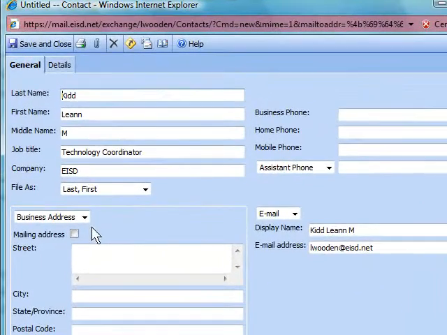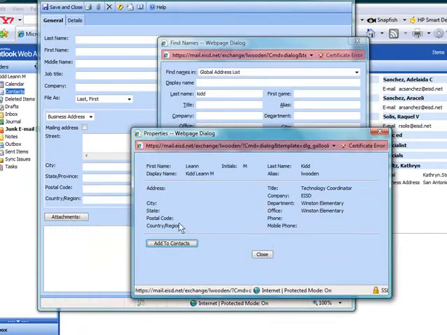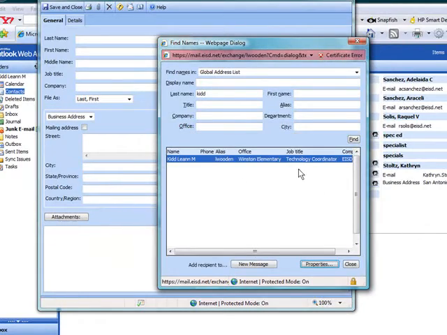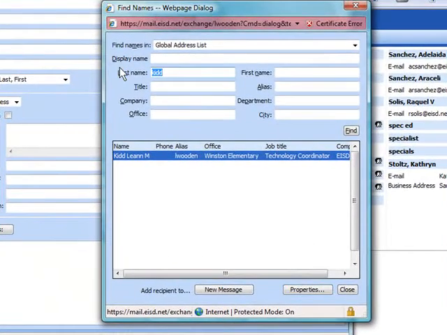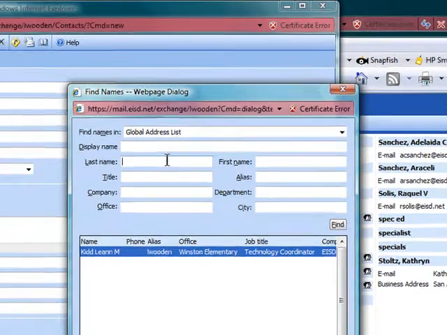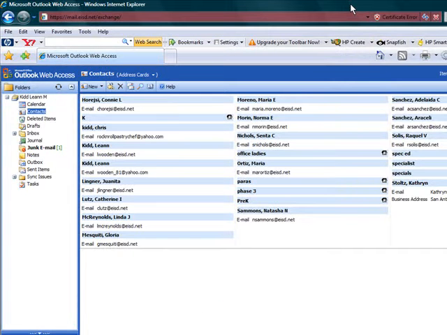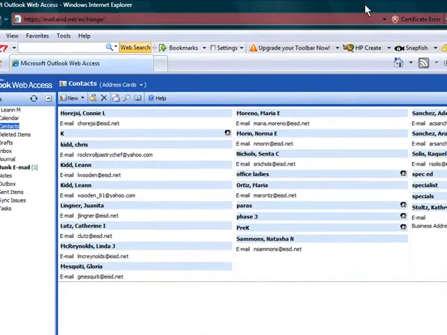Now this will be entered into my address book as well, with all the information already filled in for me. Once you're done with the screen, you can click Close. You can search for another contact by typing in a different last name or first name here. Closing those screens,